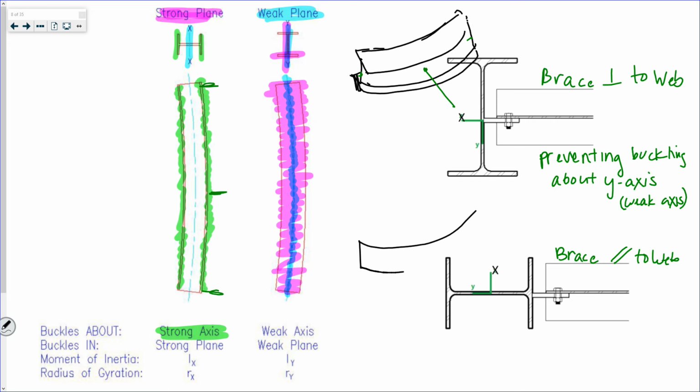Now, there's my web. There's my other flange, this is kind of harder to draw. That's my other flange, that looks terrible. So in this case, that's the axis that it's preventing. In this case, it's preventing this axis and the other axis. So this brace